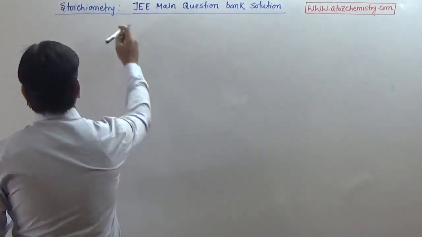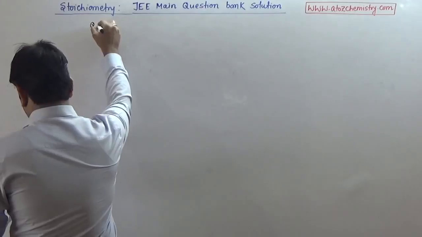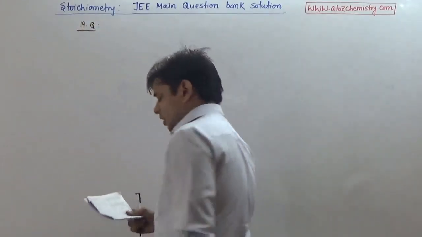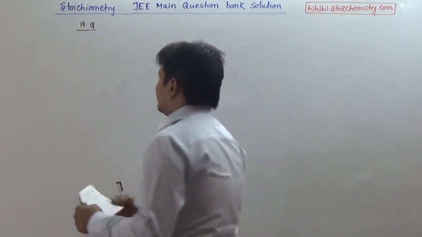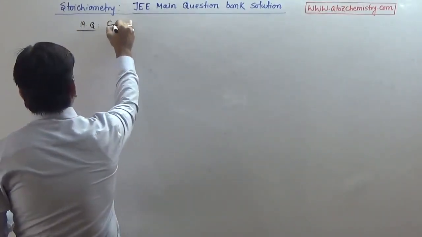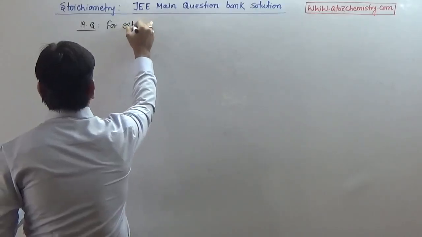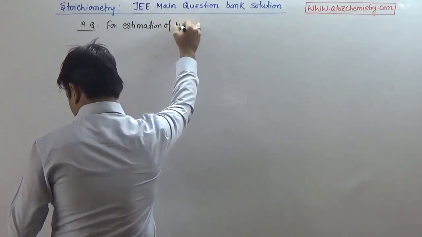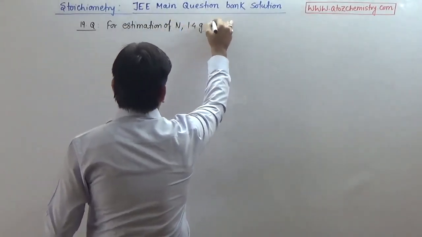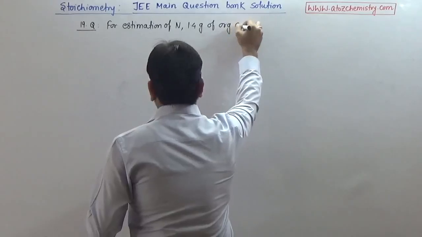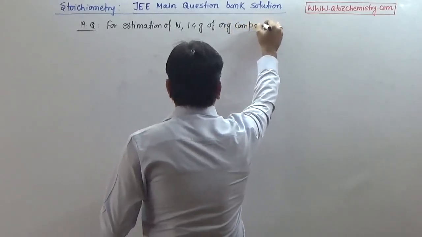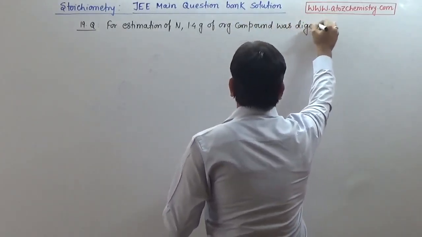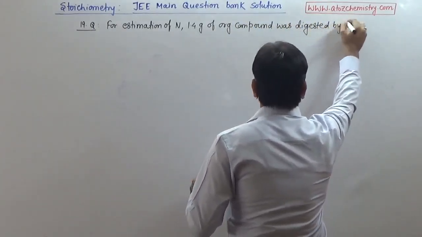The first question was, this is question number 19, if we continue counting from the beginning. For estimation of nitrogen, 1.4 gram of organic compound was digested by